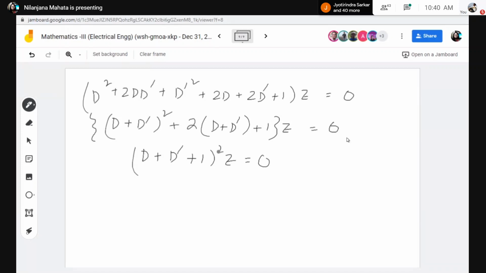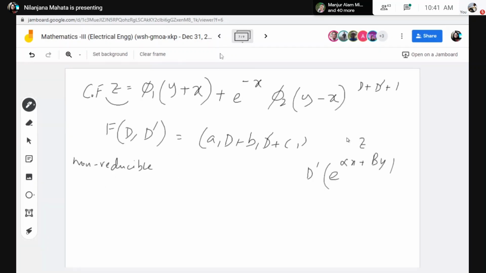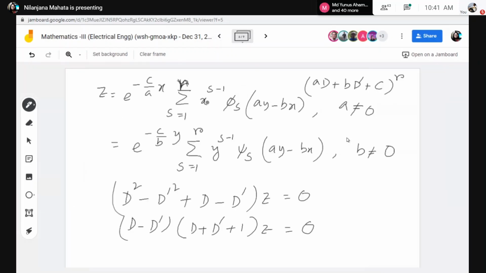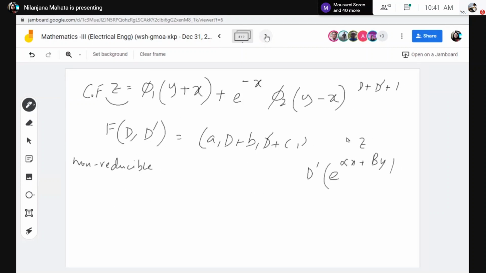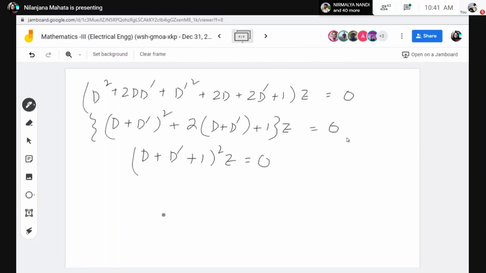Okay, so this is a repeated root. So the general solution, the first will be in this form. The solution will be the same, but there will be a multiplying factor. Since our s is 2, this will be multiplied only with x to the power s minus 1, okay? So that will be 1 only. So the solution will be